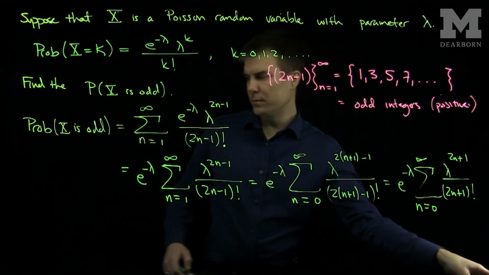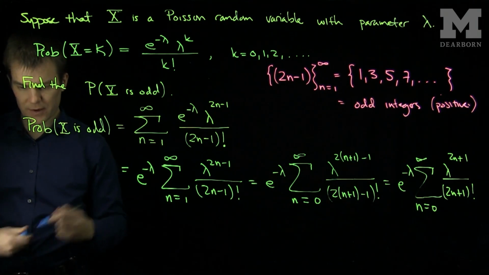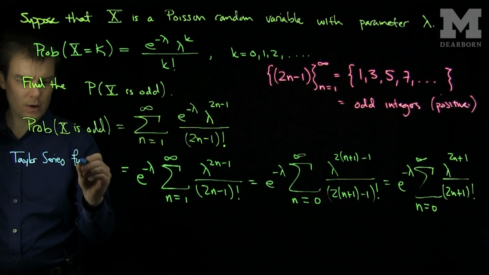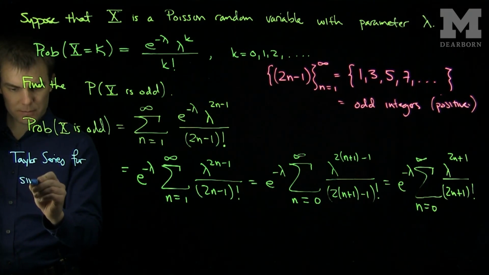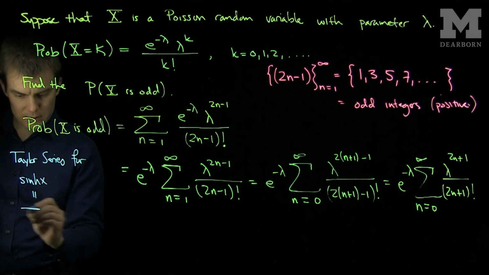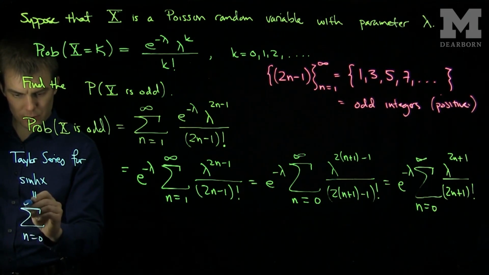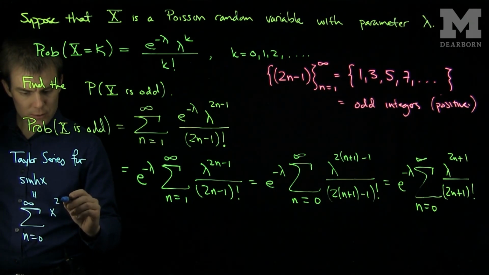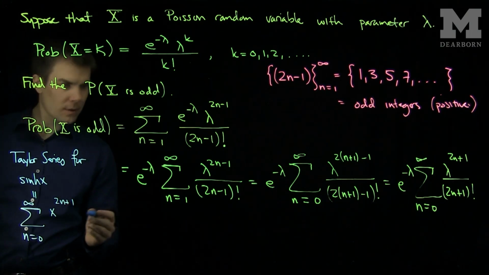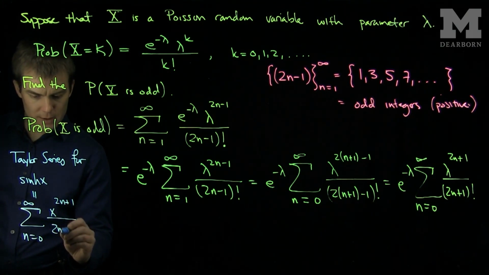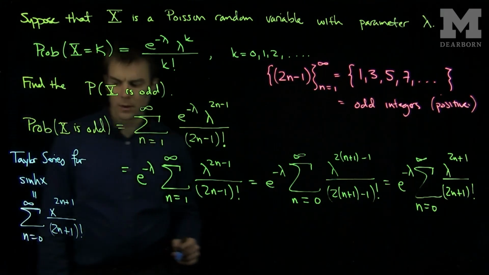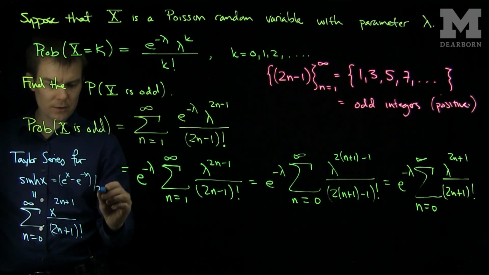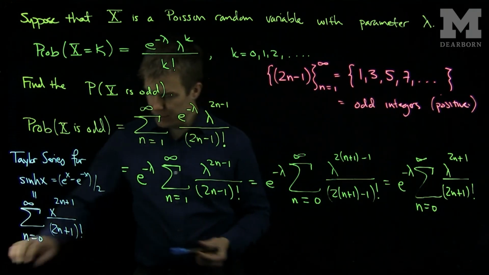And now we can recall that the Taylor series for sinh of x is the sum, n goes from 0 to infinity, of x to the 2n plus 1 over 2n plus 1 factorial. And of course, sinh of x is just e to the x minus e to the negative x, all divided by 2. So our series will become